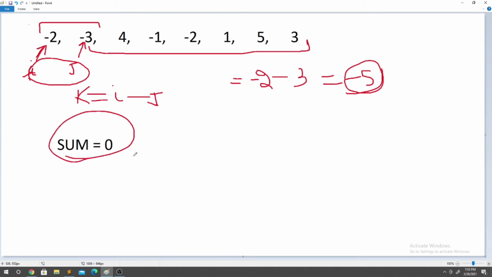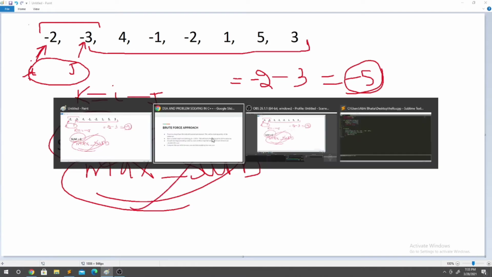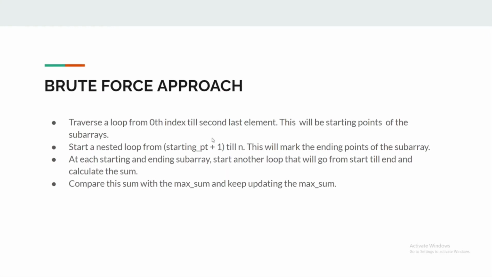So we will store the sum of each subarray, then create a variable, max sum, and compare against it, and at the end of the i, j and k loops, when we come out, we will get the maximum value in the max sum variable. So this is the brute force approach.